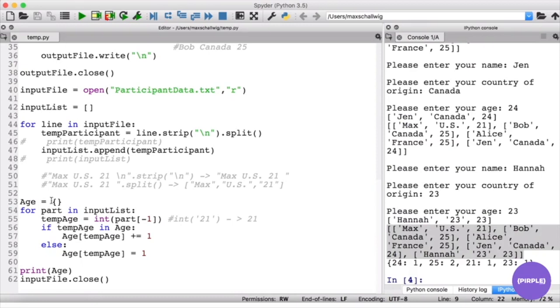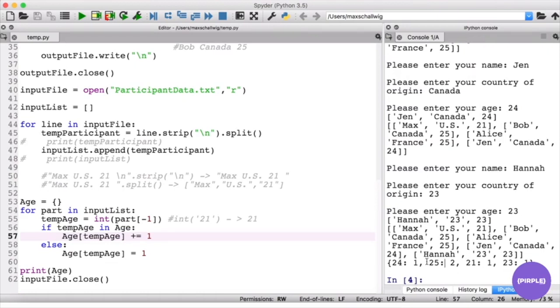Now we have the empty dictionary, and we can see, for example, that we have two people that are age 25, one that's age 24, one that's age 21, and one that's age 23. So we don't really know their names anymore or their associated countries, but now we do have some nice statistics, for example, that